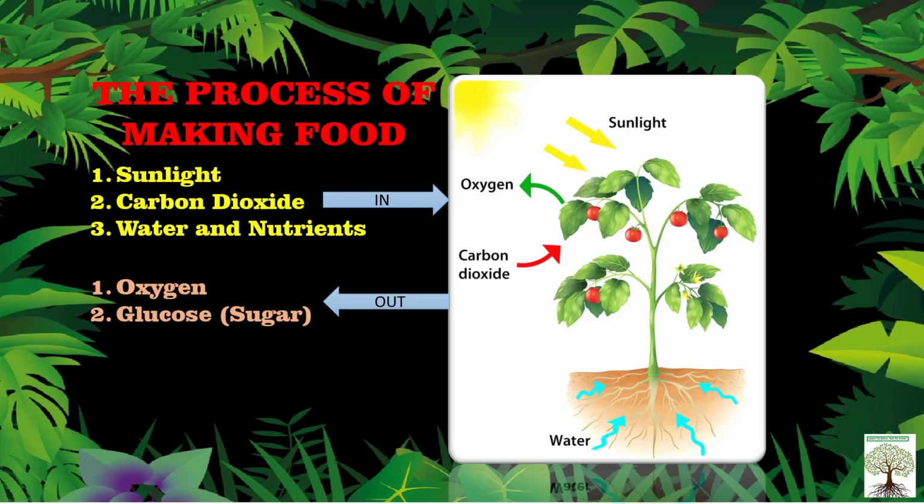During the process of photosynthesis, the food that the leaf prepares is a kind of sugar that is called glucose. Okay, so the gas oxygen is also produced. So oxygen is produced and glucose, that is sugar, is produced. Oxygen is given off into the atmosphere. Now the glucose may further change into starch before the plant stores it in fruits, stem, roots or leaves. So that is the process of making food. That is the process of photosynthesis. It takes sunlight, carbon dioxide, water and nutrients and gives out oxygen and glucose to the environment. So this was the process of making food, the photosynthesis.